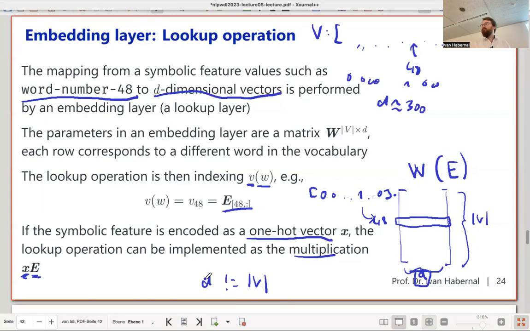It could be anything. Because what you're learning here, or what you're trying to do, is a projection to some other space. You're projecting from 50,000 dimensions into some other dimensions. And empirically, you want to project into a low-dimensional space, because in this low-dimensional space, and this is where the embeddings actually are important,